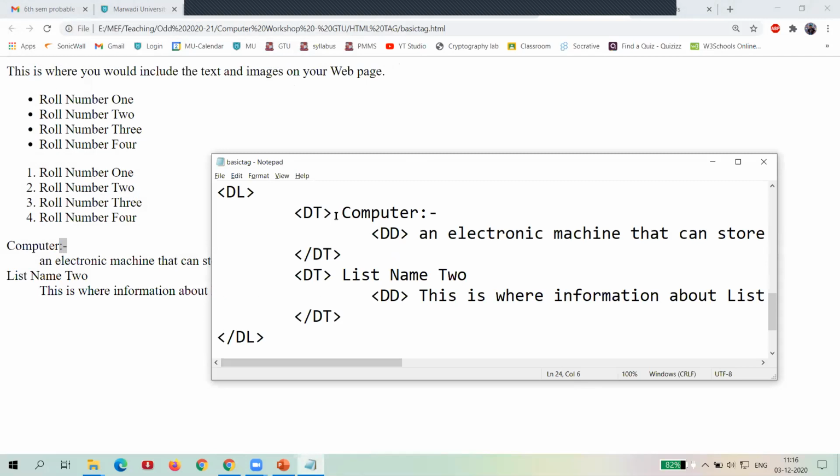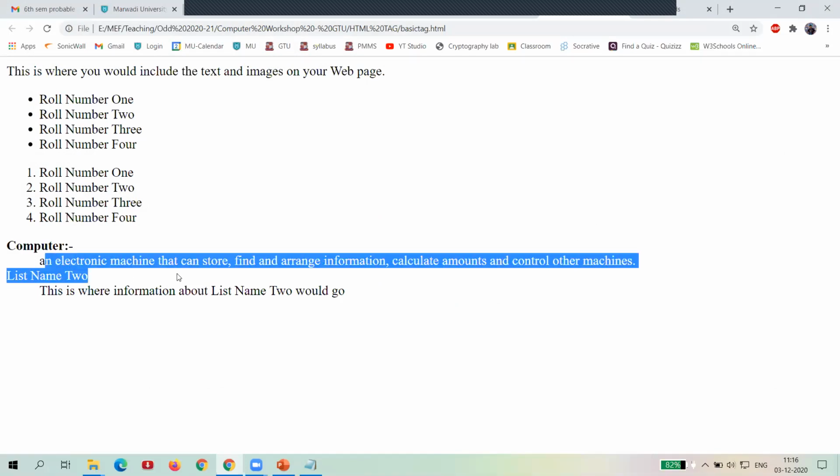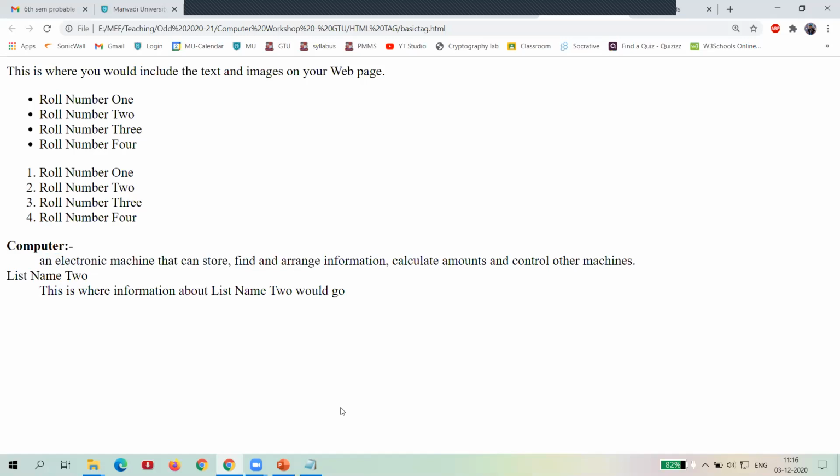For example, if you put bold for good output or good representation, now you can see computer is represented in bold. That is the method where you can easily represent your topic regarding that description, and that is the tag that we call DL, definition list.